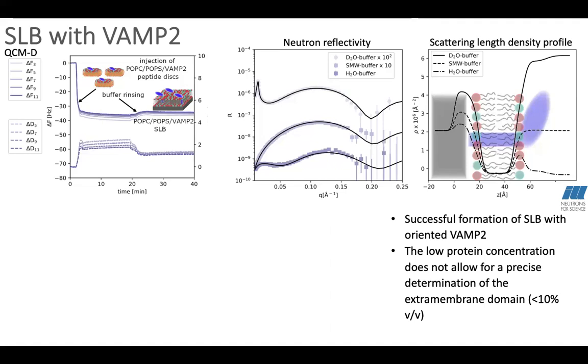So at least we can say that neutron reflectivity supports the formation of a bilayer with the expected orientation of